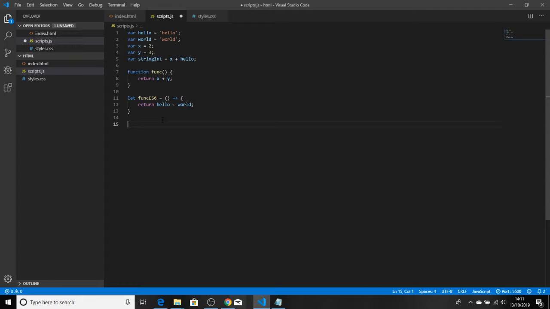But that's a function. Once it's called, like we've done in the console log, we wrote func brackets and then the semicolon, and it ran that function because it had access to it, because we defined it here. Then it does whatever's inside of here. So we could do a number of things. We just ran a return, so it just shows us what it was doing. It returns the value of